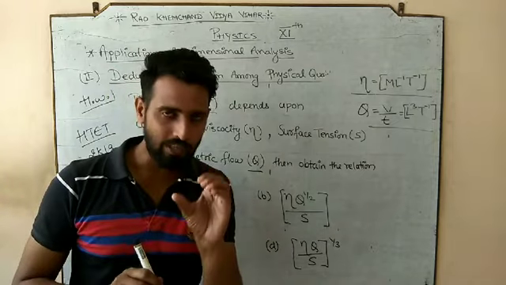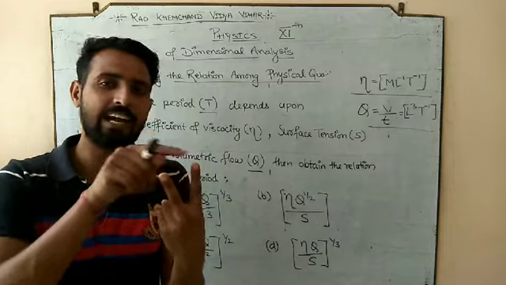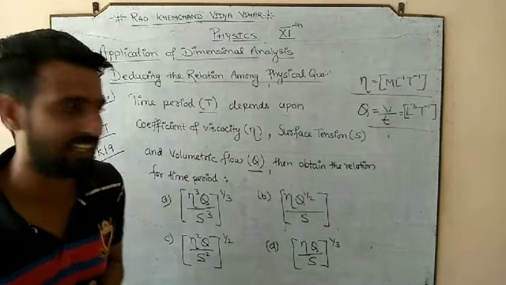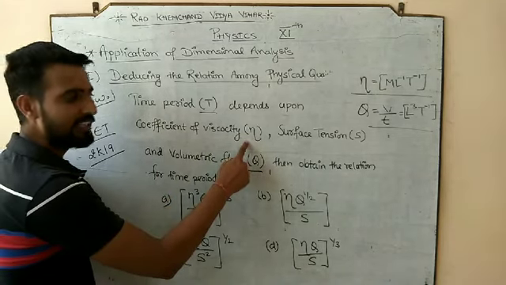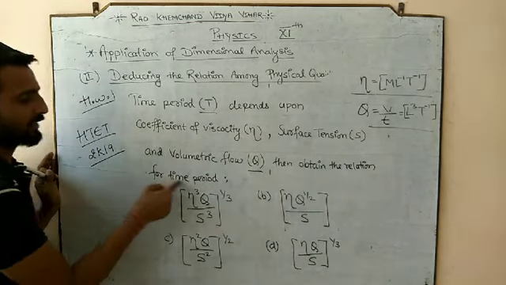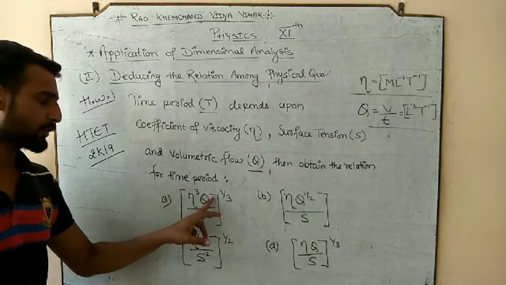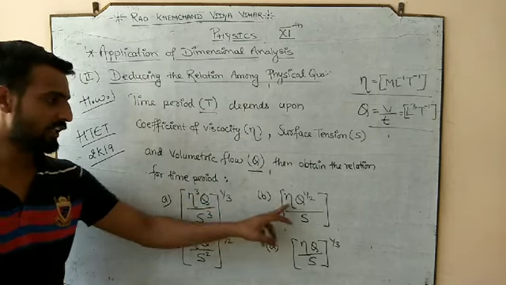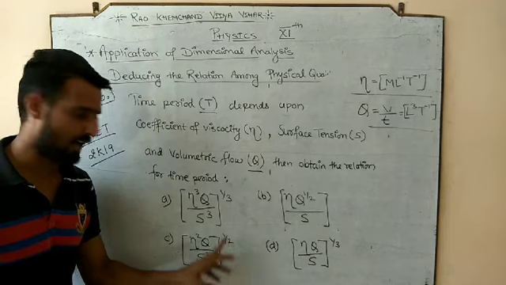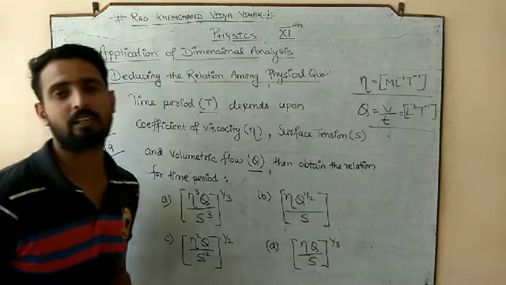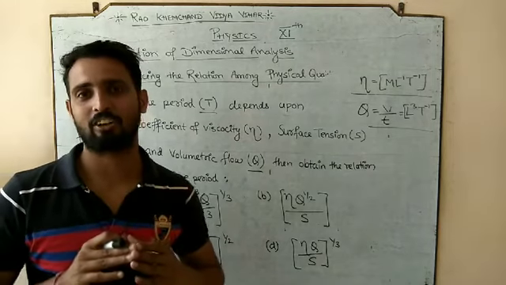So in this lecture we get to know about two new dimensions. 29 and 30 you have to add in that table, coefficient of viscosity and Q. So T depends upon eta, S and Q. You have to derive the formula for time period. There are four options: eta cubed Q S cubed power 1 by 3, eta Q half S, eta squared Q S squared power half, eta Q S to the power 1 by 3. I want that answer from your side and I am waiting for that.